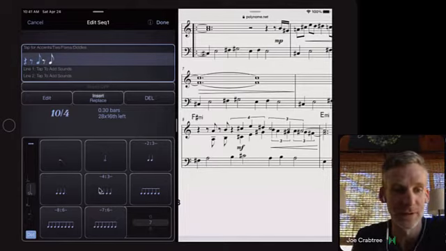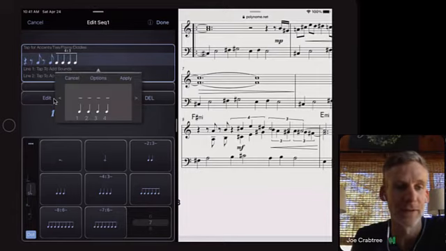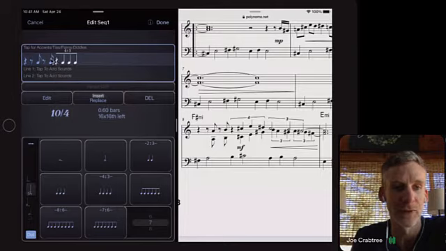So what we want is the 4 here, which gives us 4 over 3. This is 4 over 3. And we want to remove this first one. So I'll click on the edit button and tap on that first note to remove it. So now we've got this part of the